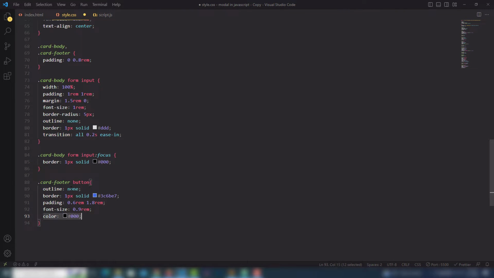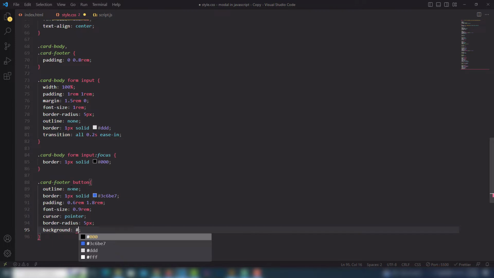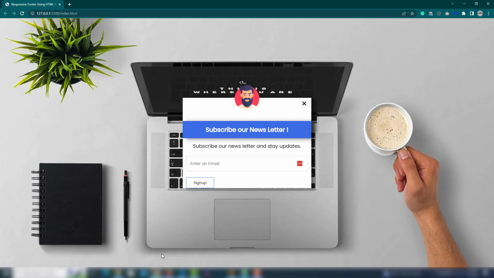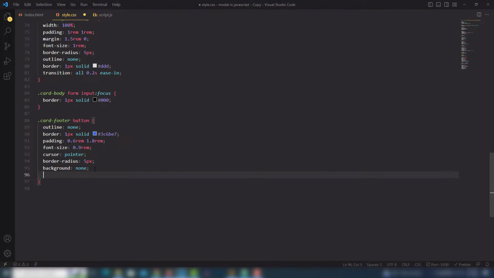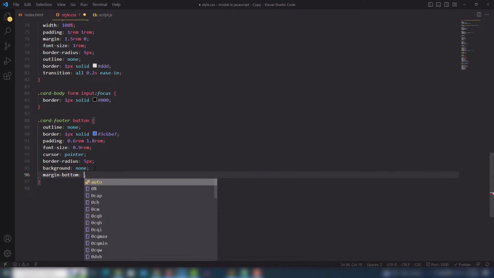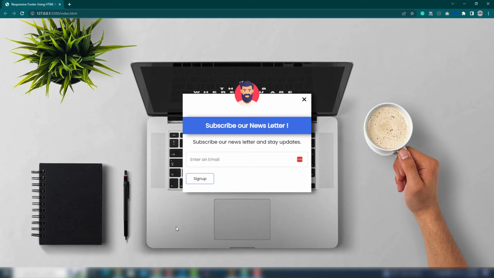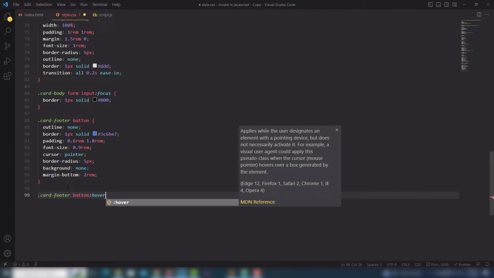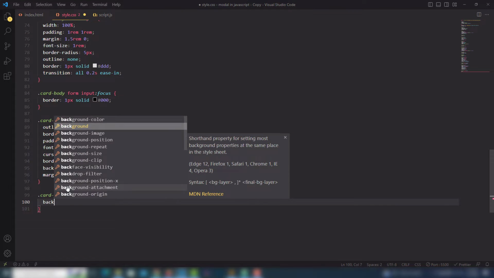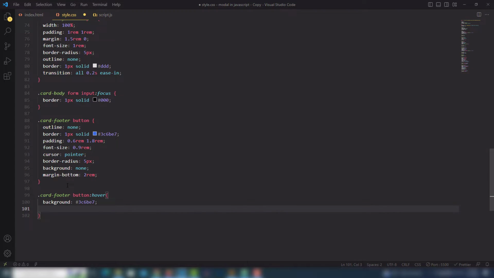Cursor will be pointer, and border radius 5 pixel is best. Background I will use none, because I will use the hover effect when I hover the mouse on that. First we're gonna see it on the page right now, as you can see. So I need to use the same thing, but I also need to add the margin on bottom to make a space, 2 rem space. So let's get that and paste it and use hover effect. When I hover the mouse, I will change the background and also color of the